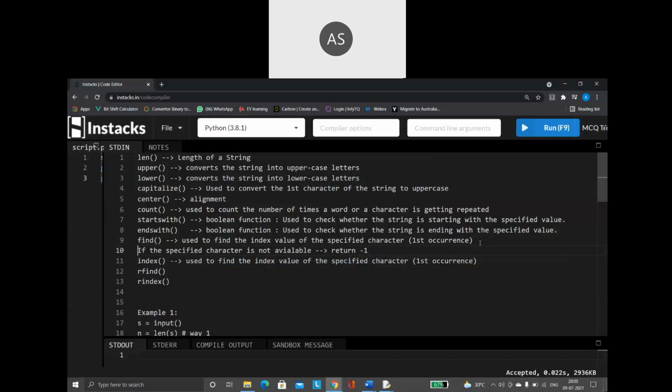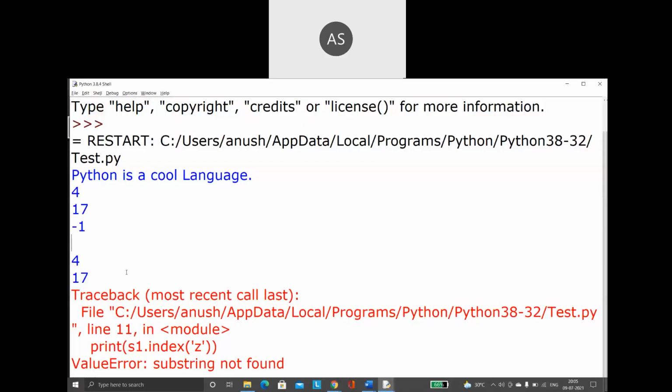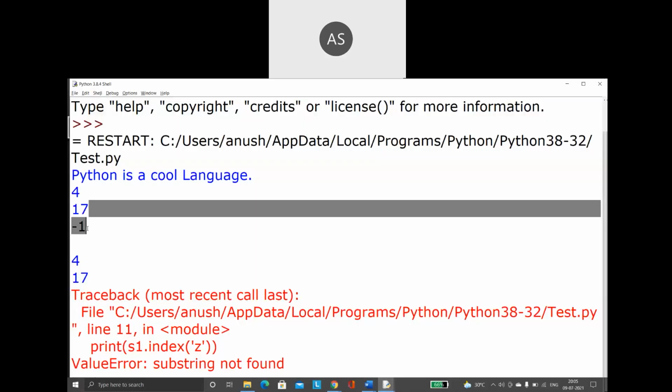That is the difference here. If the character itself is not there, then what index position will you give? Nothing. So the find function will return a number called -1. So -1 means the character is not there.